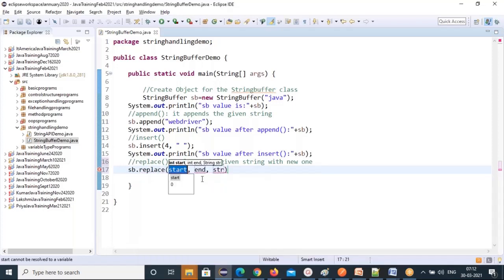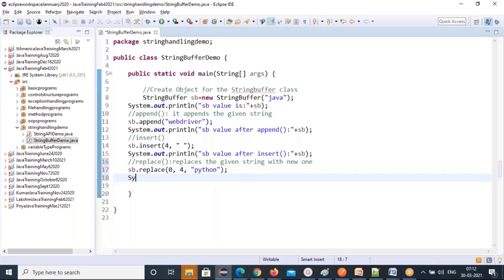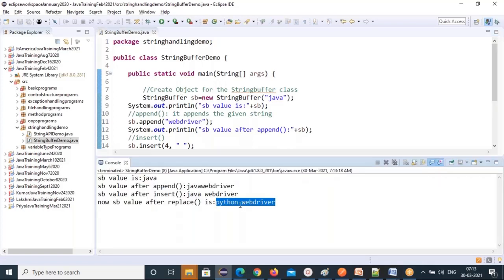I'll replace Java, that means index 0 until 4. 4 is excluded; the end index is always excluded. I'll give Python. Now I'm replacing Java with Python. Now the SB value after replace: see, Python WebDriver. Before it was Java WebDriver, right? Now it is replaced with Python. So that's the replace method.